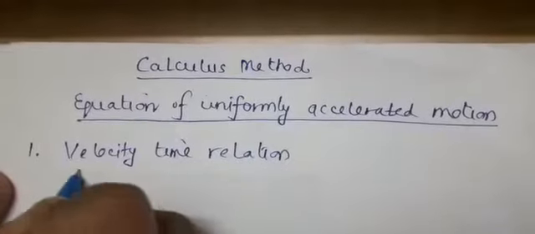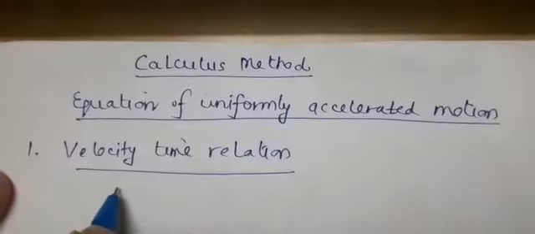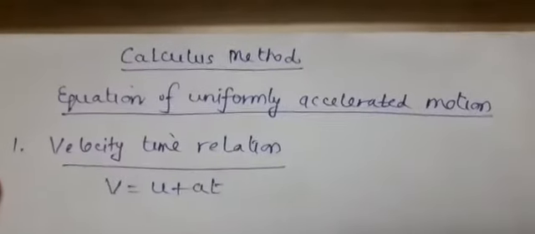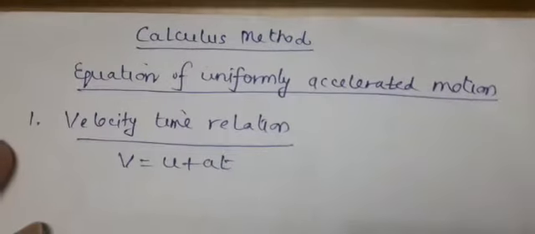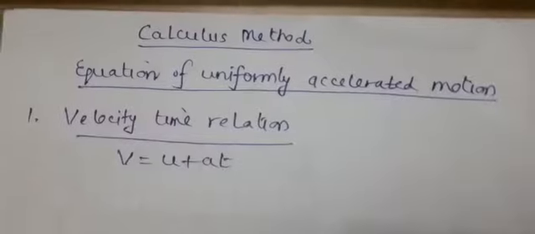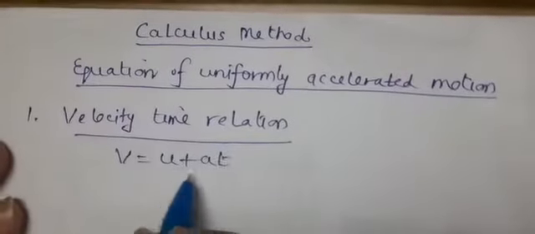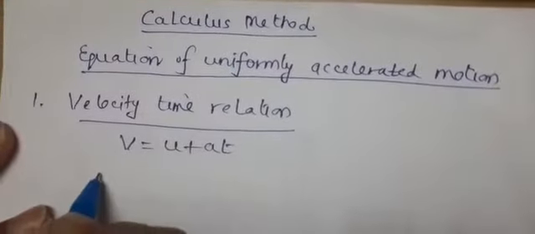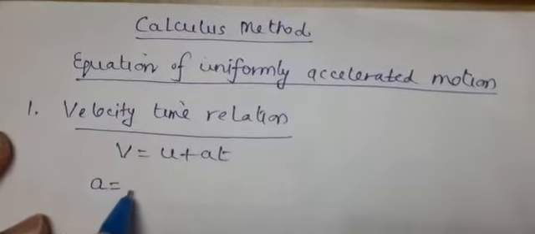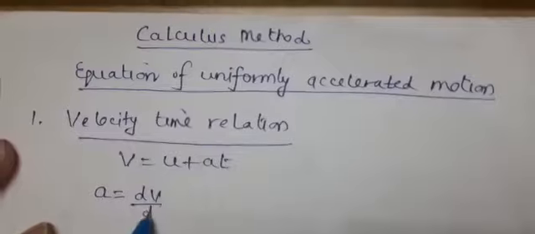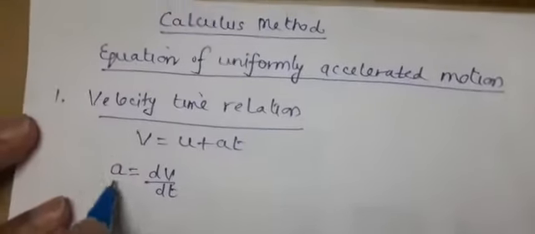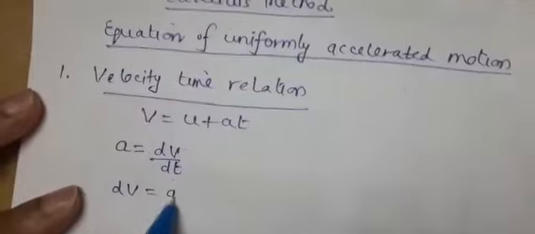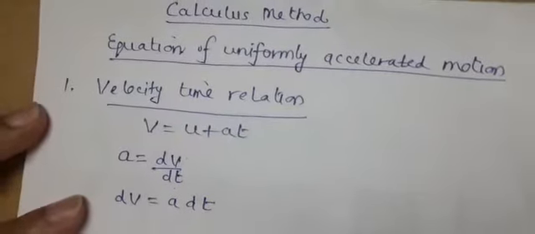As you know, what is this velocity time relation? That is velocity v is equal to u plus at. We have to derive this relation. So how to proceed? What should be the step we should follow? As there is a concept of acceleration used in this equation, so directly we are using that acceleration is first derivative of velocity. So now from this equation we can write dv is equal to a dt.